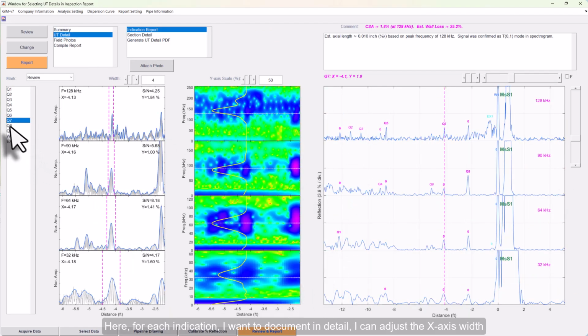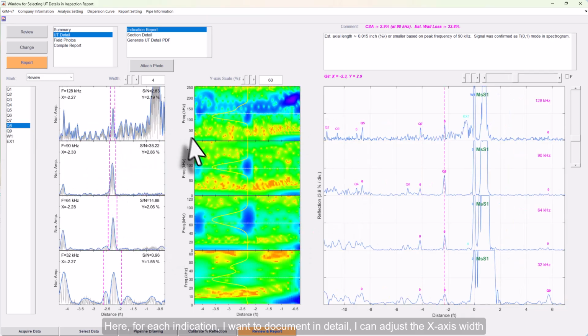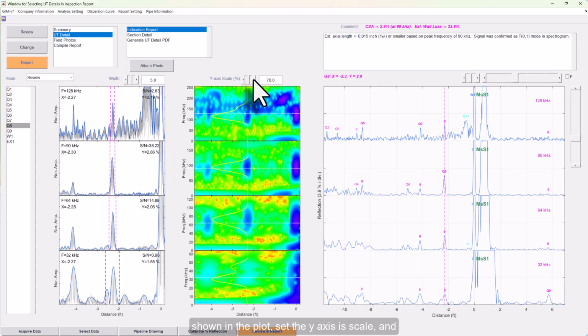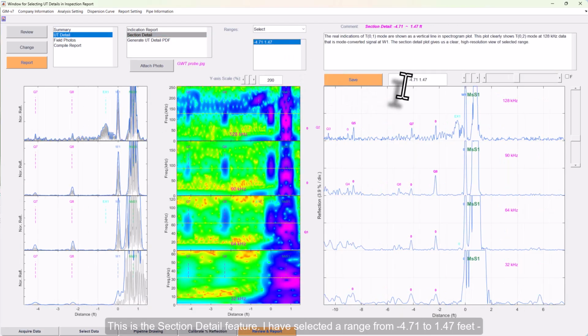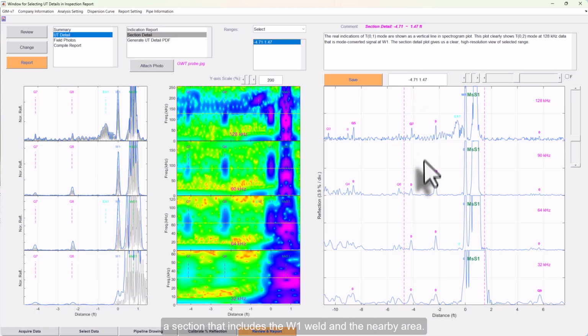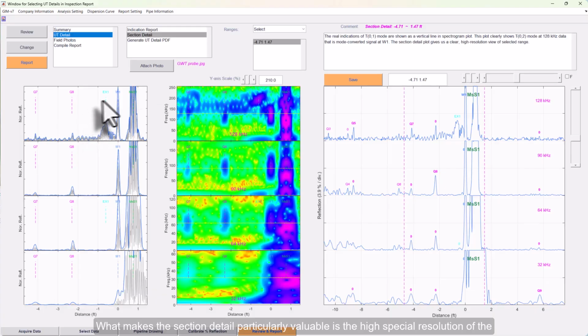Here, for each indication I want to document in detail, I can adjust the x-axis width shown in the plot, set the y-axis scale, and attach the field photograph using a photo insert button. This is the section detail feature. I have selected a range from -4.71 to 1.47 feet, a section that includes the W1 weld and the nearby area. What makes a section detail particularly valuable is the high spatial resolution of the spectrogram view within a focused